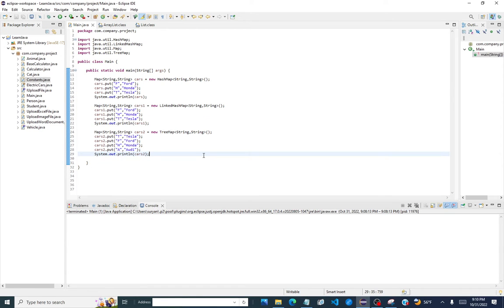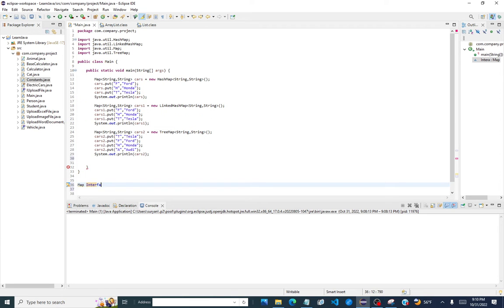Hello everyone. In the last video for the map interface, we discussed the different implementations for the map interface. We discussed the HashMap, that's one of the implementations. We discussed the LinkedHashMap. We discussed the TreeMap, and we saw how each one of them works and when you should use one